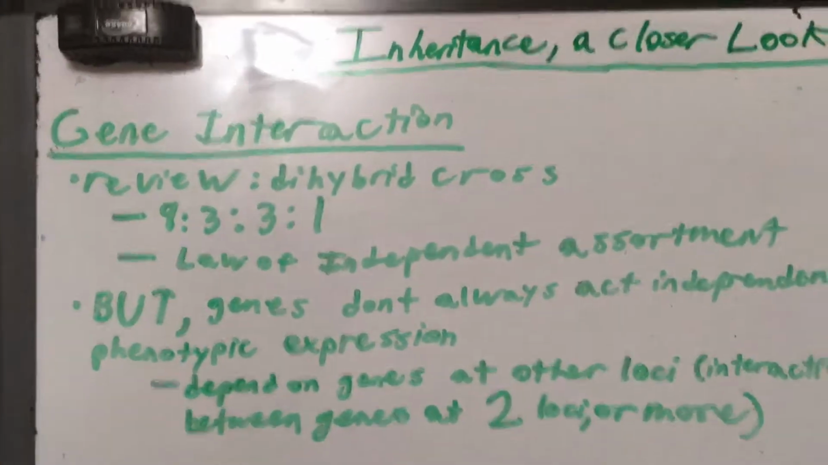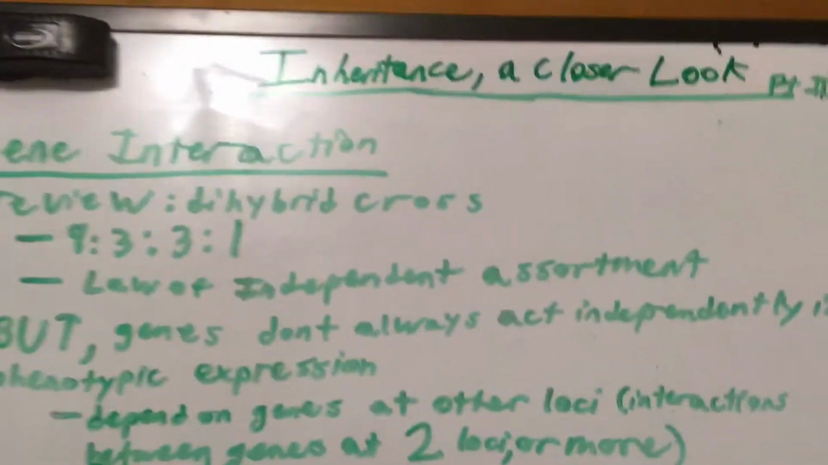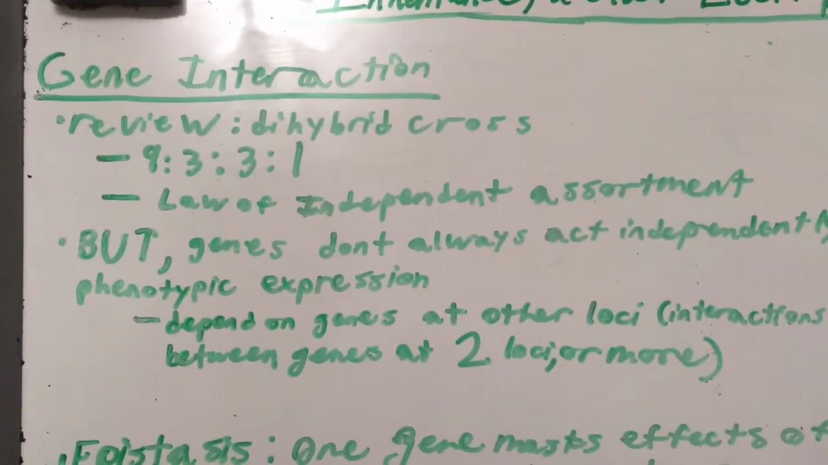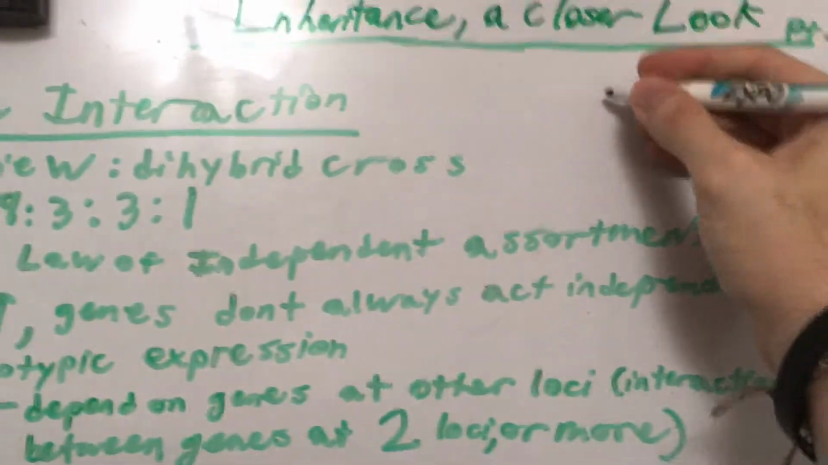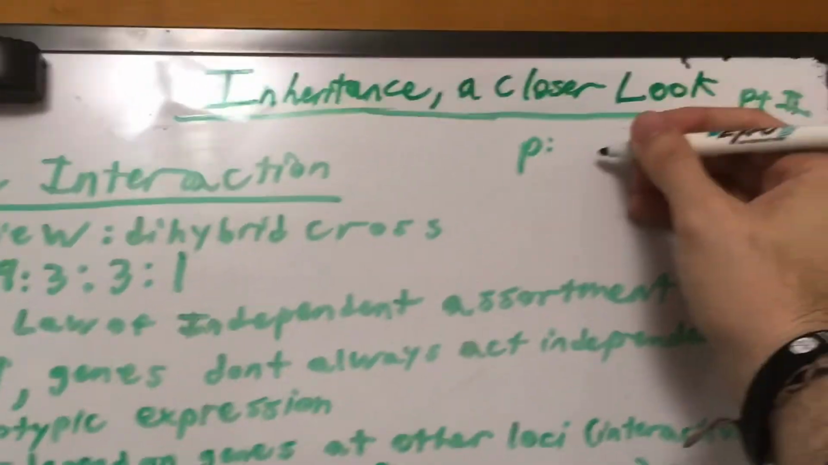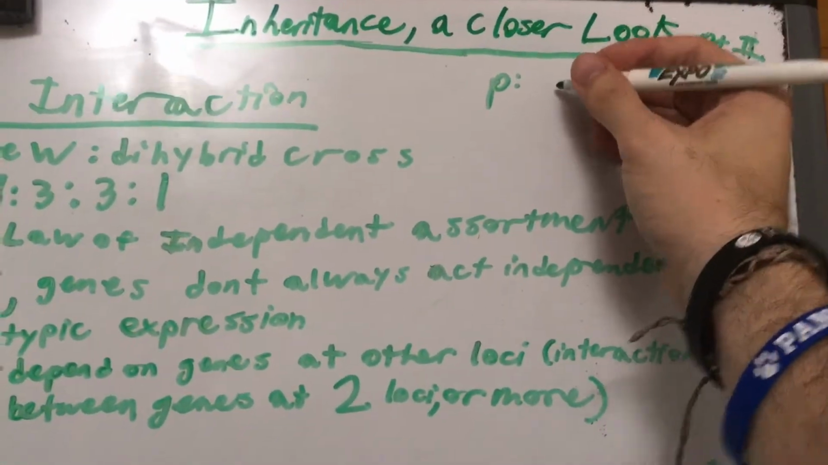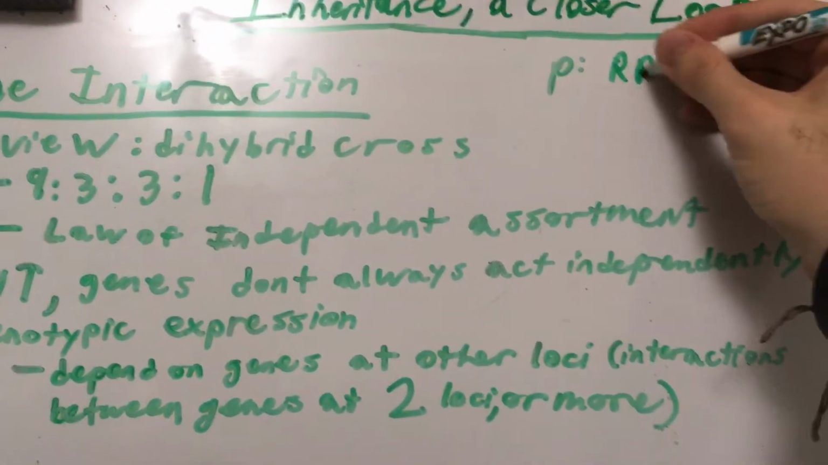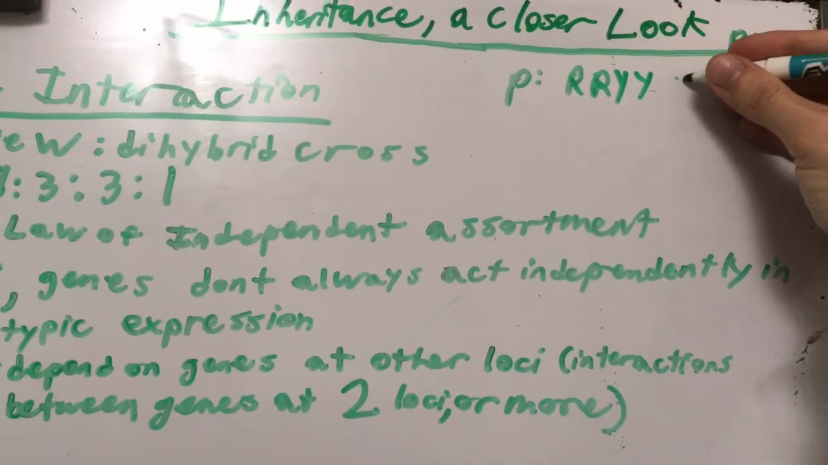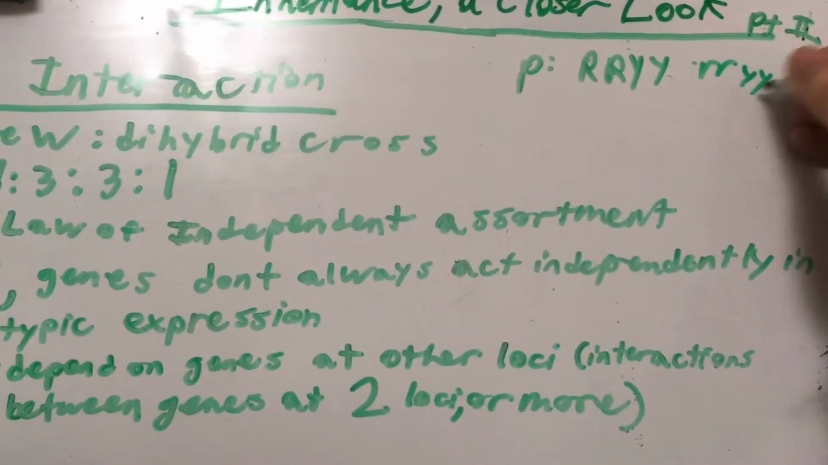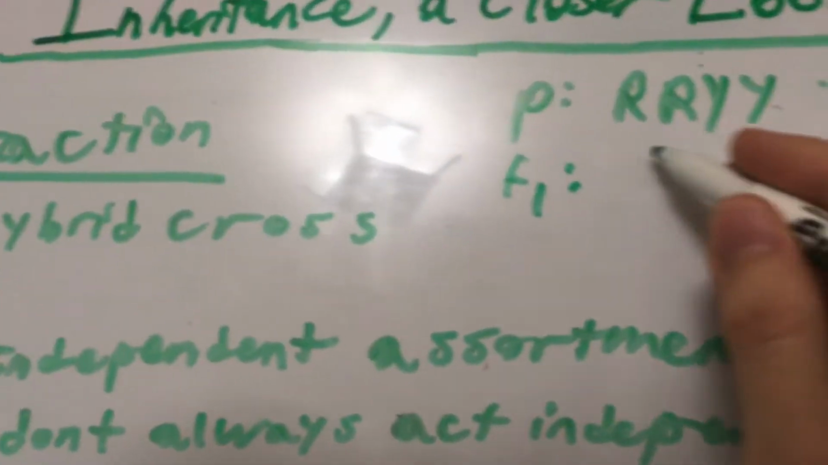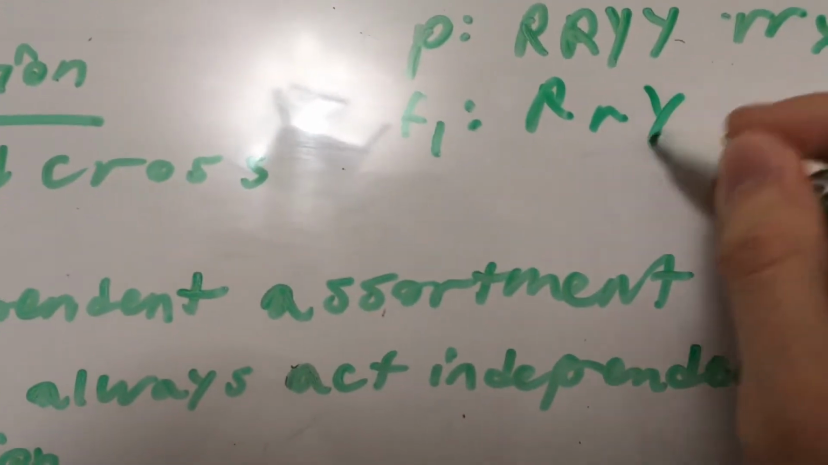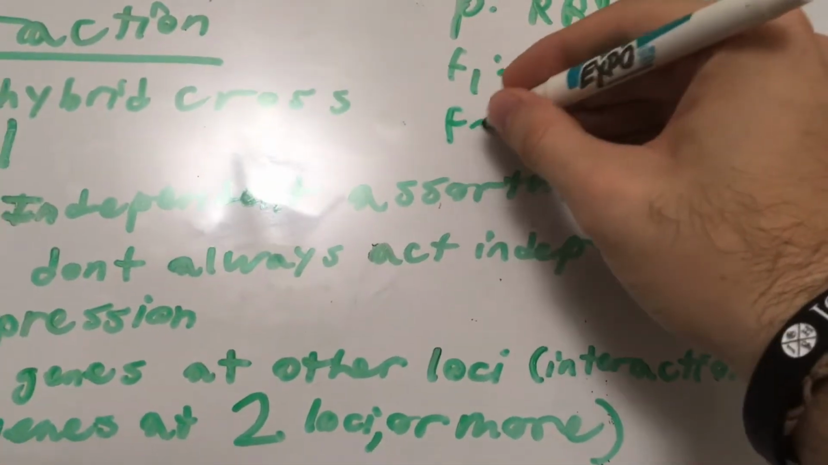I'm going to erase. Now let's continue our look into inheritance, a closer look into inheritance, by talking about gene interaction and doing a review of dihybrid crosses, which we talked about in Intro to Mendelian Genetics. So our first generation, the P generation, which is the parental, we have RR YY, crossing with little r little r, little y little y. For our F1, big R little r, big Y little y. Our F2 generation